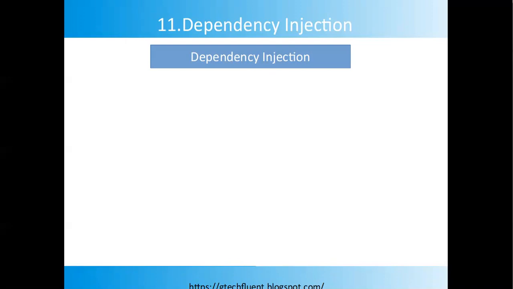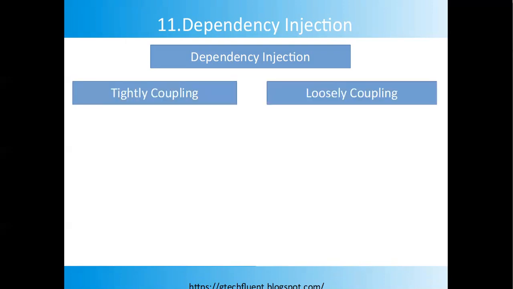So dependency injection is a software design pattern that allows us to develop loosely coupled code. Dependency injection is a great way to reduce the tight coupling between the software components. The purpose of dependency injection is to make the code maintainable. So now let's understand what tight coupling and loose coupling mean.